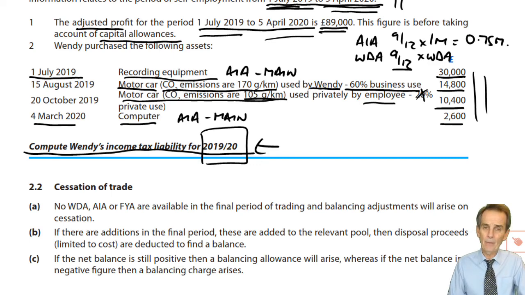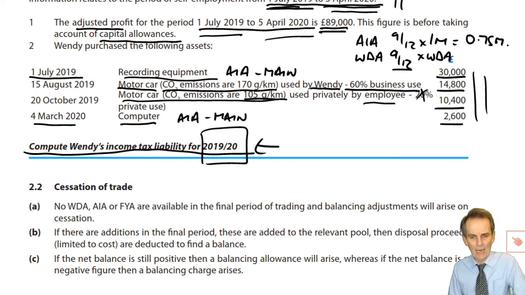But remember, you won't get all of that. You'll reduce that to 9/12. And it is the 9/12 figure, as with the Wendy's car, that is the figure to be deducted from the cost to give you the tax written down value to carry forward to the next accounting period there. Okay. So in which case, I'd like you now to have a go at this